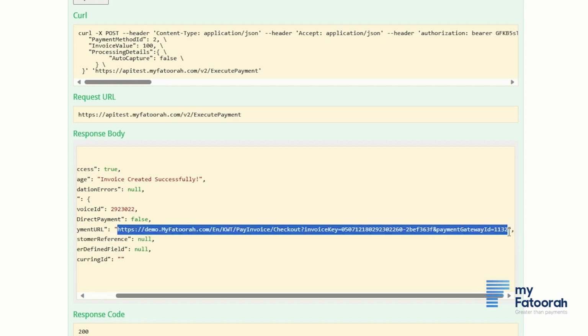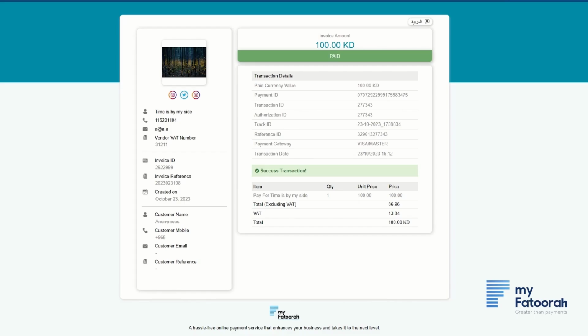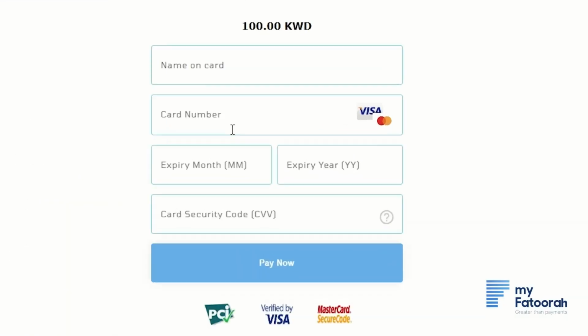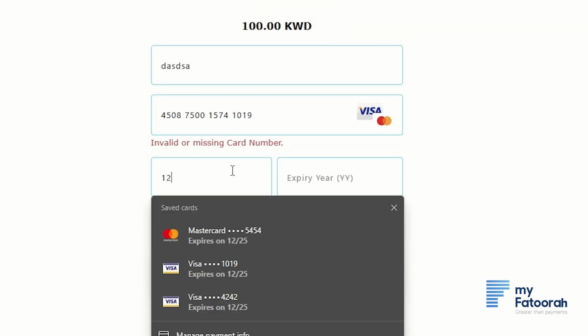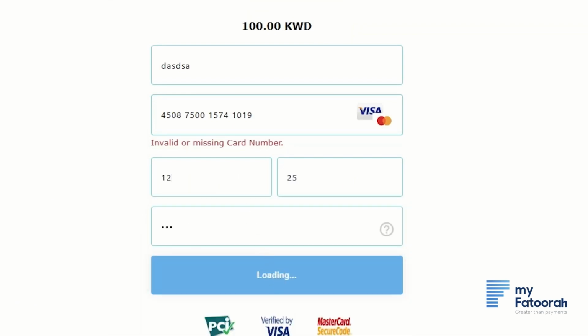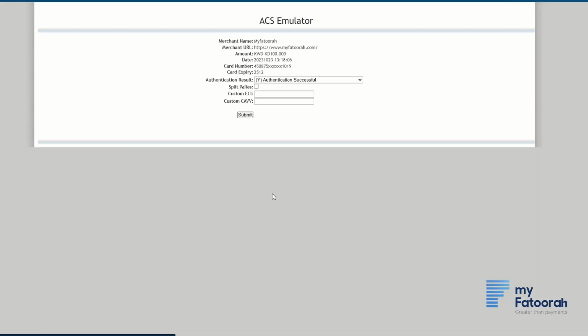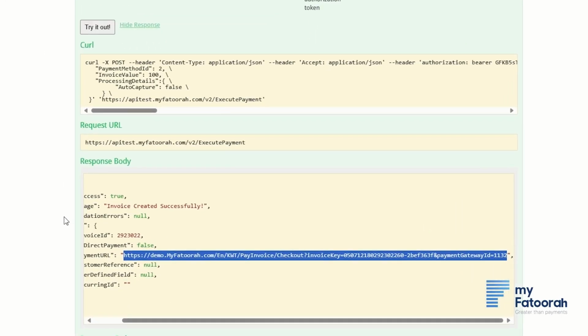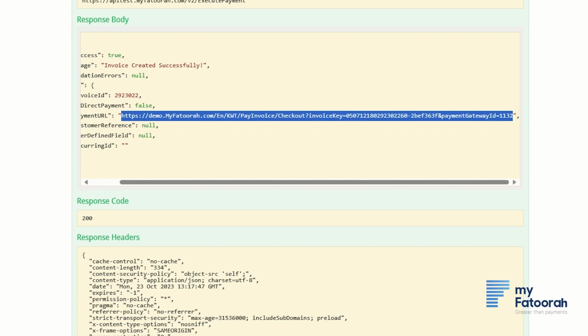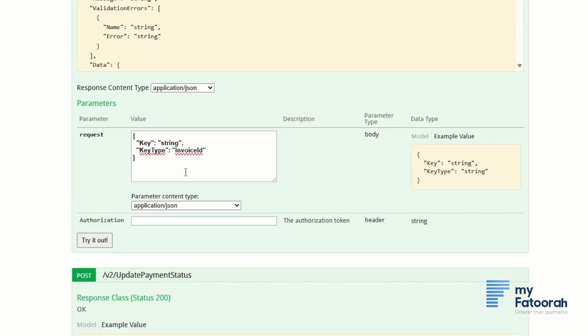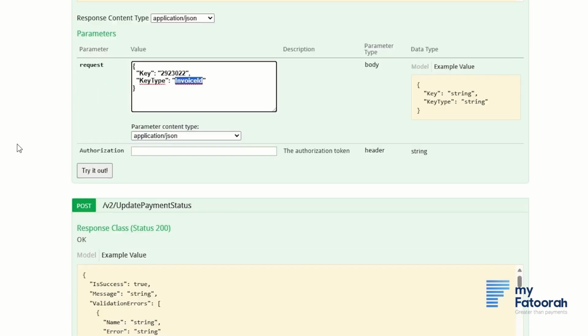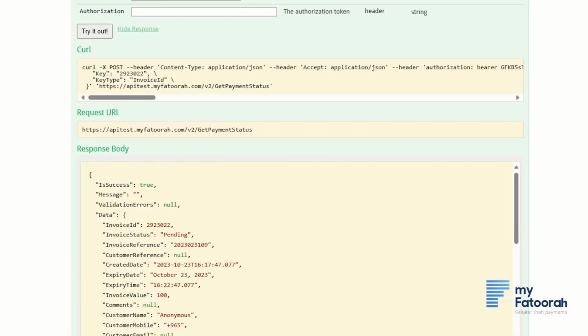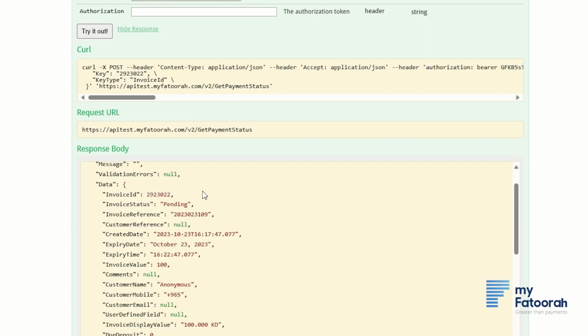Then we will open this payment URL and make a payment. And we will submit. Then we will take the invoice ID. After we make the payment, we will call get payment status. So if I have the invoice ID, the key type is invoice ID, and try it out. The status of the invoice will remain pending,